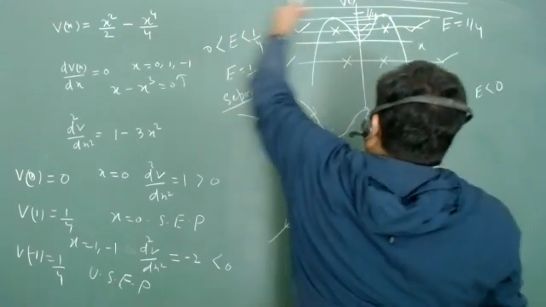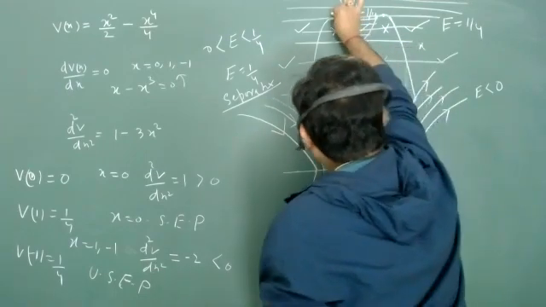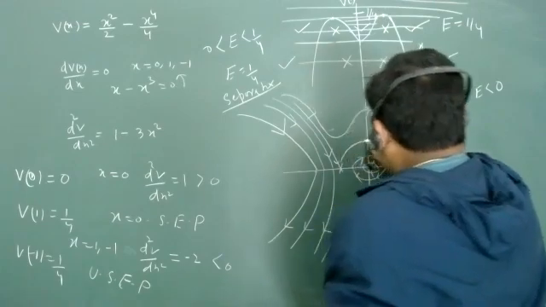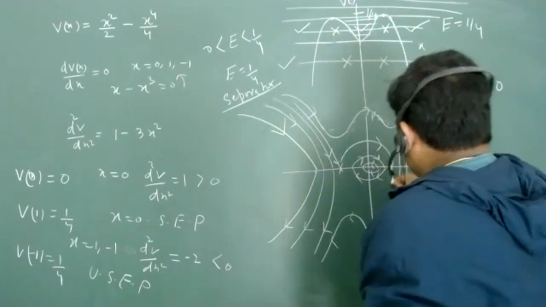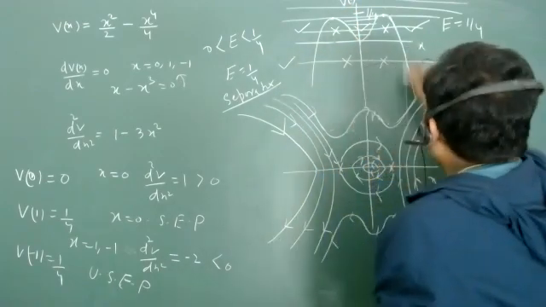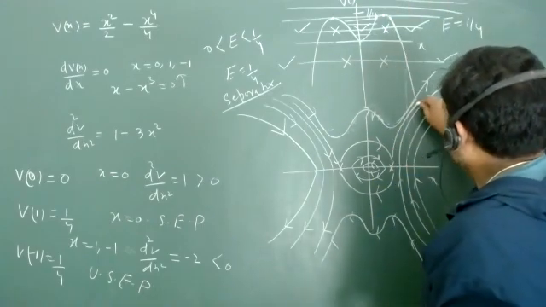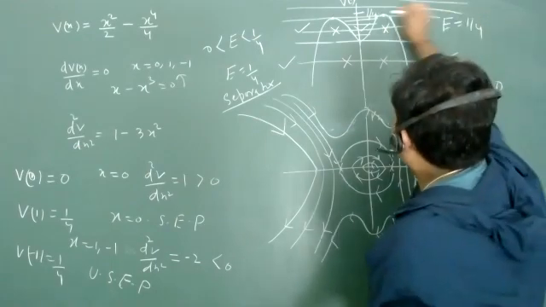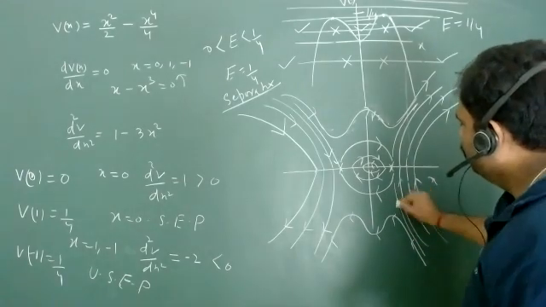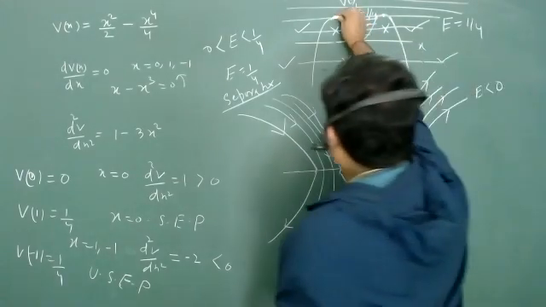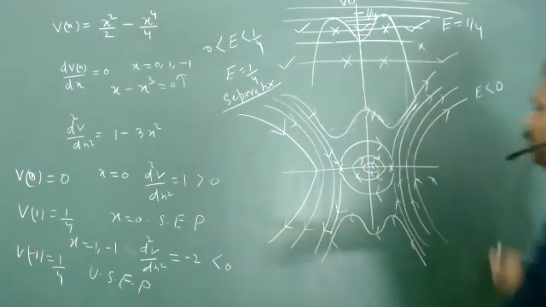We can approach it. Yes, we can approach it. We can go from this point to this point, and we can come back from this point to this point. We can go away from this point, and we can come towards this point. These are all the possible motions. We can go away from this point. So this is your beautiful picture.